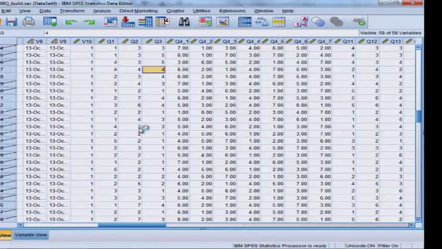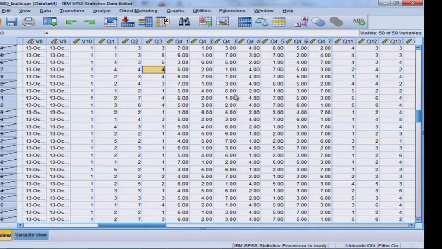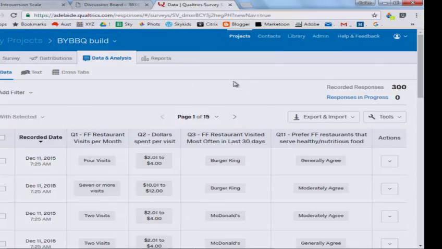So the way to do that question about profiling is about selecting the Backyard Barbecue's customers, and then looking at the frequency tables. Other ways of doing that, I suggest, would be to do cross tabulations. You might choose to go back in, and that's what we did last time around, under data and analysis, cross tabs,